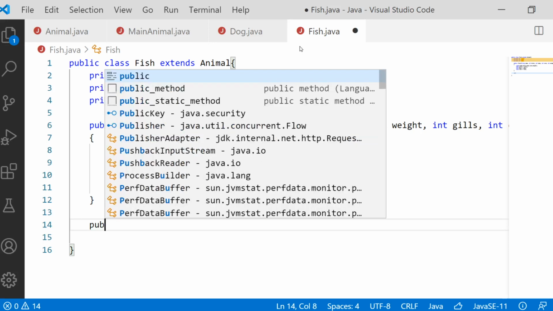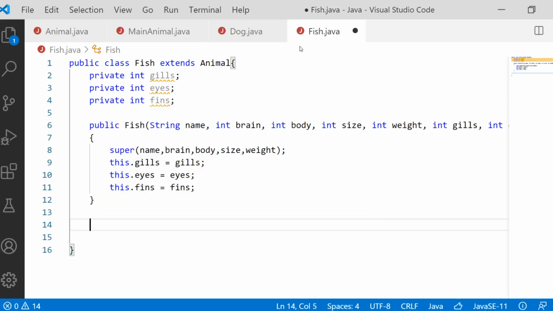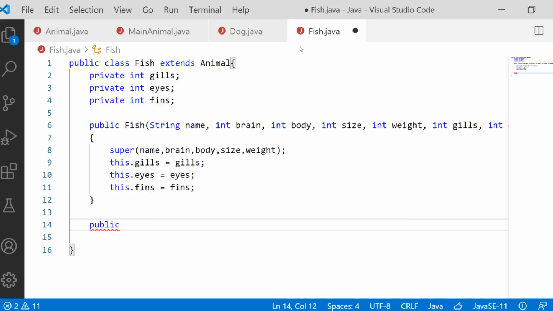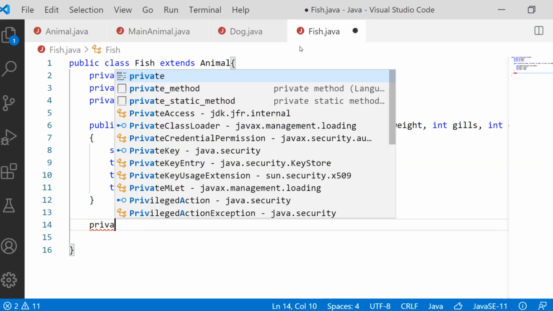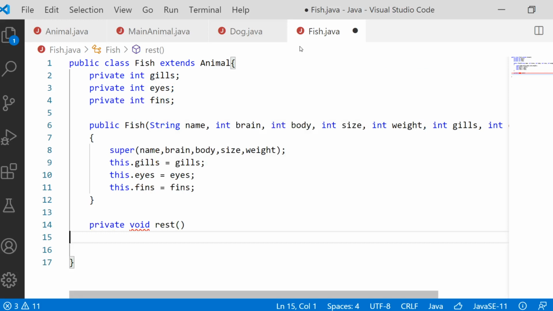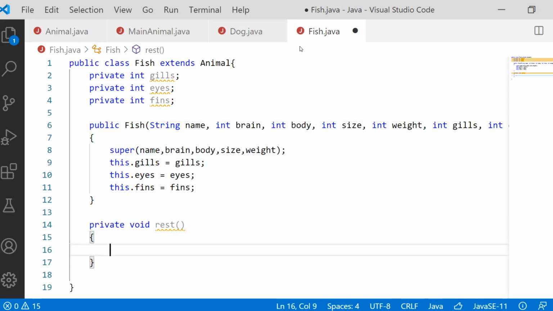We will take three methods. First of all, for fishes, I will take a private method, void is the return type, and rest. What is this method implying? That the fish might also rest in the same place without moving. Without moving, it might rest in a place.